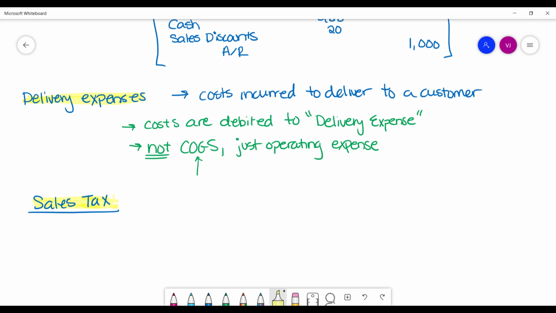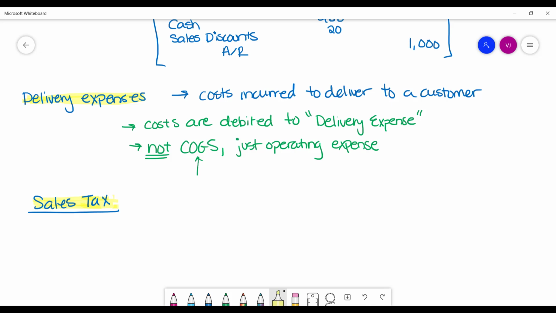So a business, when they make a sale, will collect sales tax when they make that sale. Then they hold on to that sales tax collected, and they will remit that tax to the appropriate governmental agency, IRS in most cases, at the times specified by law. Every state law will be different. There are other states that also charge sales tax, but then the company will hold on to the sales tax and then remit that to the proper governmental authority. So what would that look like? How do we account for that actually?